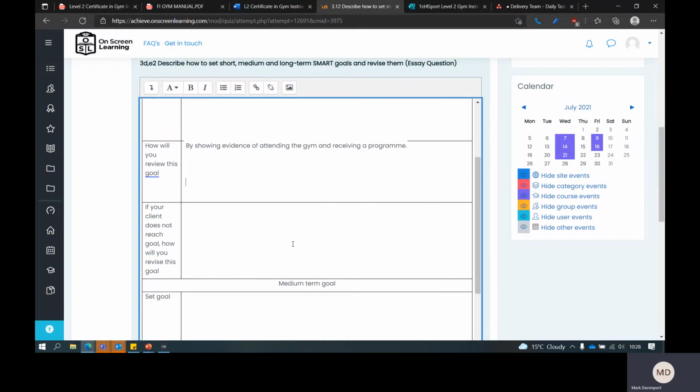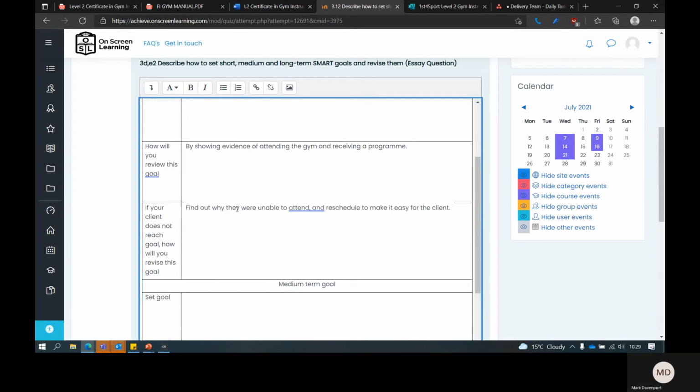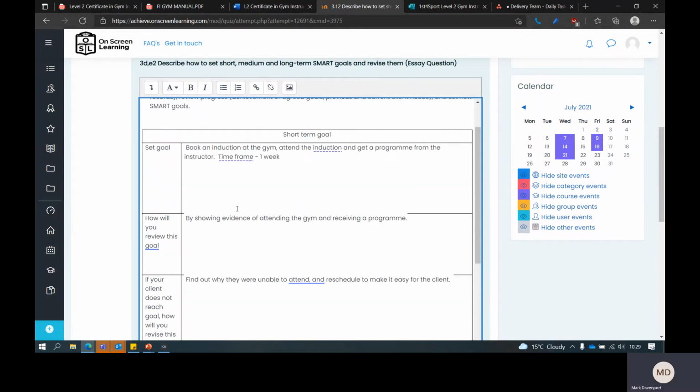So the fact that they turn up, they've achieved that goal. If your client does not reach the goal, how will you revise this goal? You might find out why they were unable to attend, and reschedule. So that's a short-term goal there.